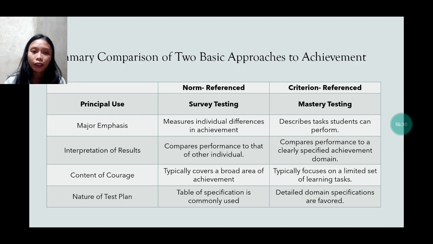So in interpretation of results, norm reference compares performance to that of other individuals, while criterion reference compares performance to a clearly specified achievement domain. So when we talk about these interpretations of results, norm reference compares only to other individual groups, while criterion reference compares performance to